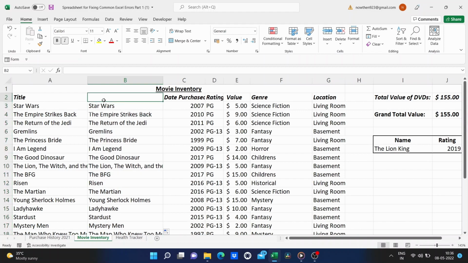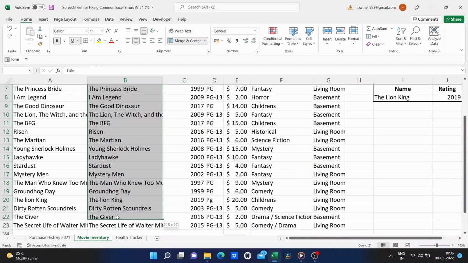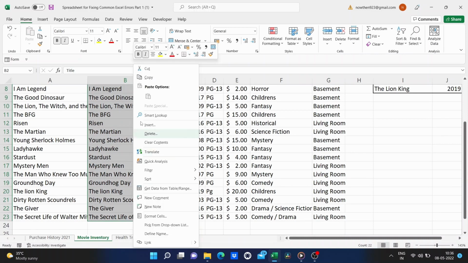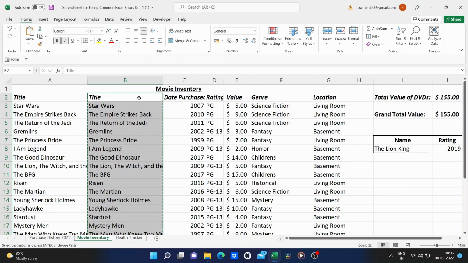And now I want to replace what's in column A with what's in column B. But the tricky thing is column B is really made up of just formulas that depend on column A. So I do have to be a little careful with this. But I'm just going to call this title as well. And then I'm going to click and drag from title all the way down to the bottom of my data. And then I'll copy that either by right-clicking and choosing copy or Ctrl-C to copy. And then I'll click here and right-click.